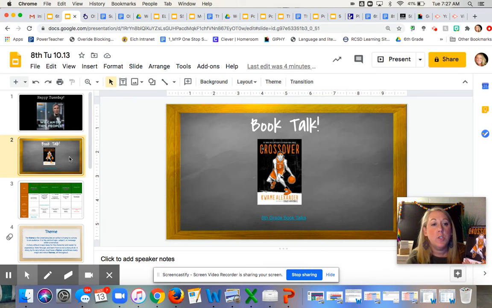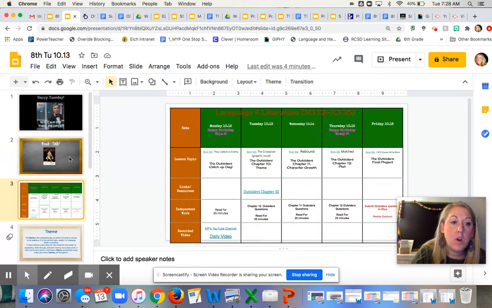It's awesome. It's about two twin brothers who are both basketball players, and the rivalry they have with each other, their relationship with their dad, who used to play pro in Europe, I believe. And anyway, it's just a really, really good book if you are interested in basketball or not. So if you are interested in that book, please send me an email and I'll put it in the office for you.